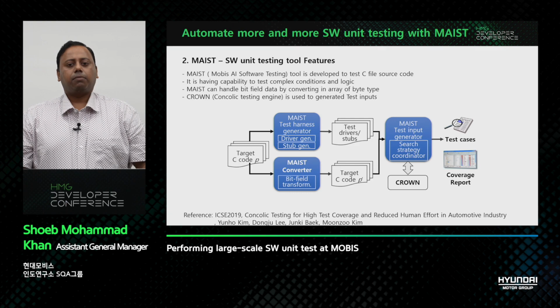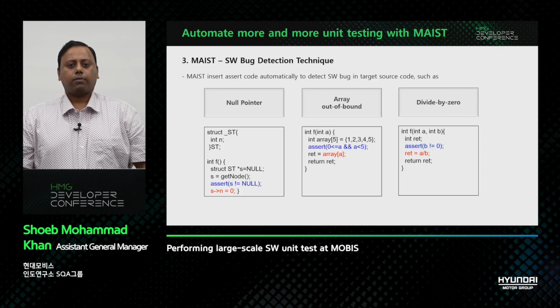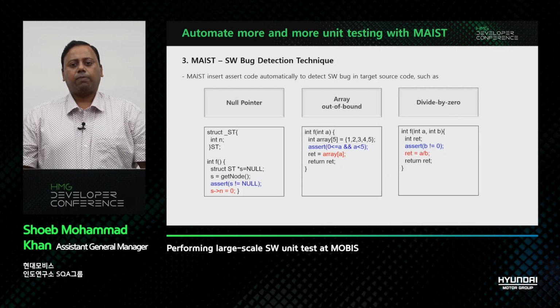Now, let us see MICE's capability of detecting different types of software bugs. MICE has the capability to detect 3 types of software defects, namely null pointer error, array out of bound error, and divide by zero error. Moreover, MICE has intelligent functionality for automatically inserting assert code where there is a potential for code failure. This feature allows it to closely monitor the assert failures and capture the test evidence including input values, location, and